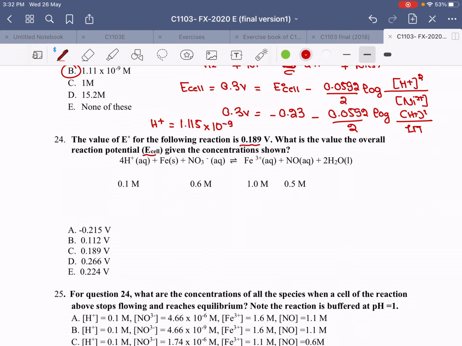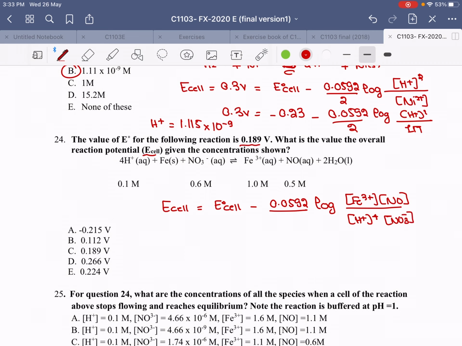Okay, good. E of the cell is always equal to E0 of the cell minus 0.0592 divided by n, the electrons, which we need to find here, times log of the products, Fe3 plus and NO, divided by H plus to the power 4 and NO3 minus. Okay. The easiest way to find the number of electrons, since I made sure the reaction is balanced,